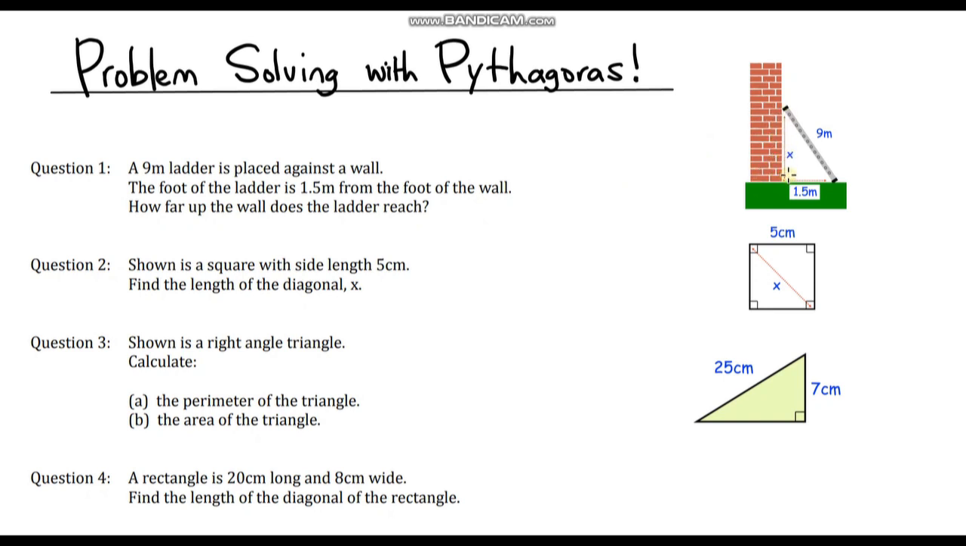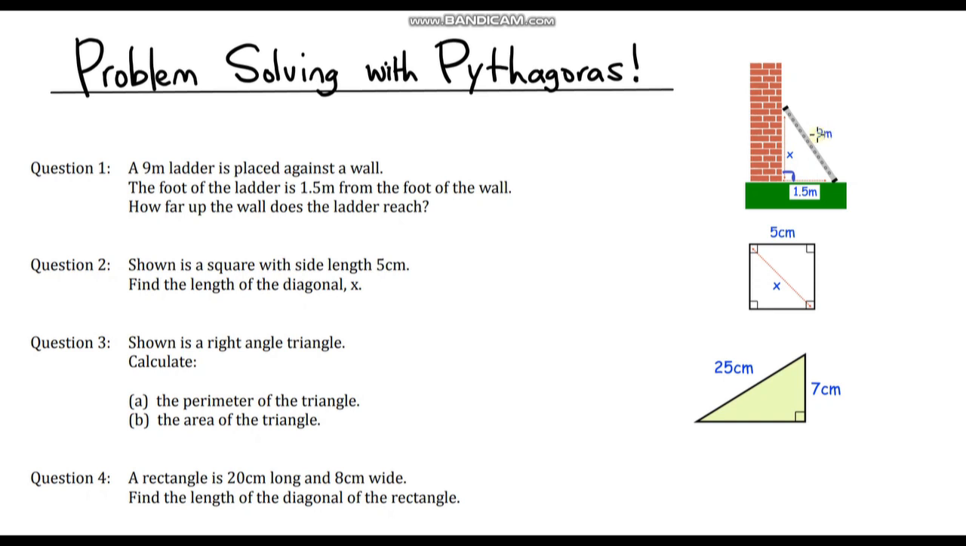So first of all, we're assuming that this wall is straight, so it's built perpendicular to the ground. So that means that this is a right angle. So now we've created a right angle triangle, we can use Pythagoras to calculate this missing side length. So let's just remind ourselves again what Pythagoras' theorem states: if we square each of the shorter side lengths and add them together, that will give us the